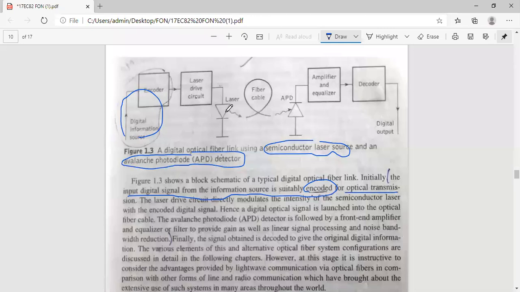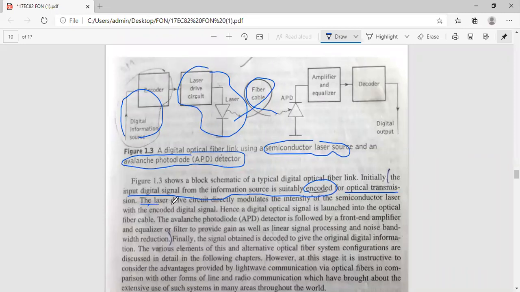Then it is communicated over the channel, that is, the channel is the optical fiber cable. This is your optical source. What is actually happening in optical fiber communication is that you are using optics, that is light, as a carrier, as a medium for communication. And the cable which you use is made up of a transparent material, that is glass or plastic polymer, which will be transparent in nature and will facilitate this light to pass through. It will act as a waveguide for that light wave.